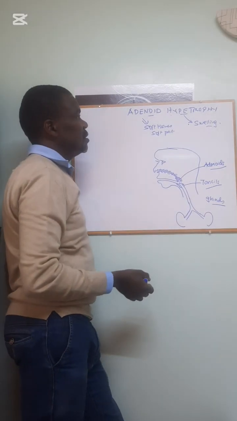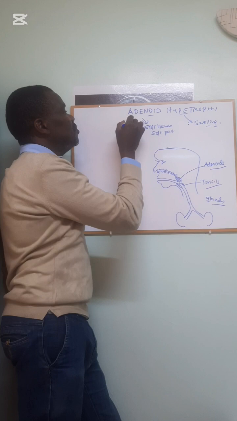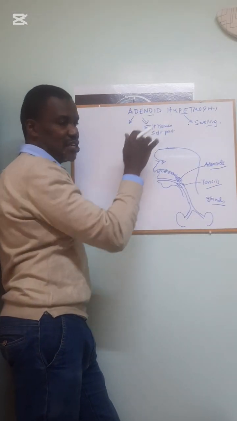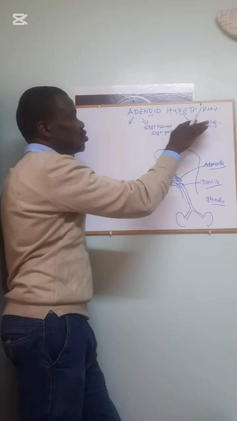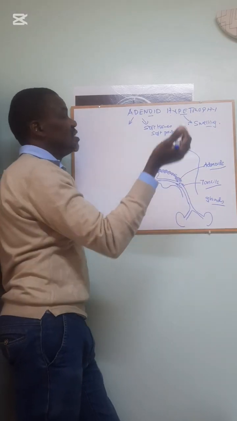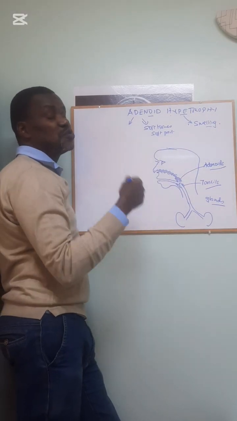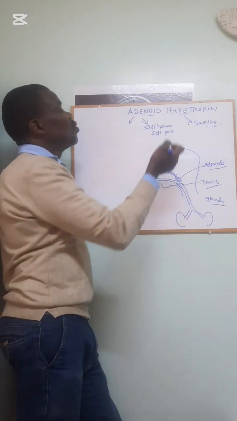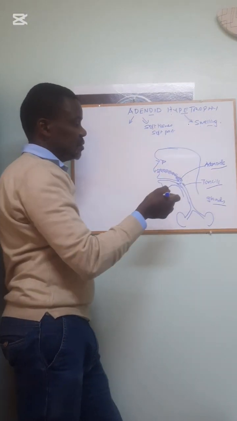So what are we saying? We are saying that everybody has adenoids. Everybody has tonsils. Everybody has adenoids. As long as the adenoids are not swollen, then that person will just live a normal life and will not present with any complaints. But once they get swollen,